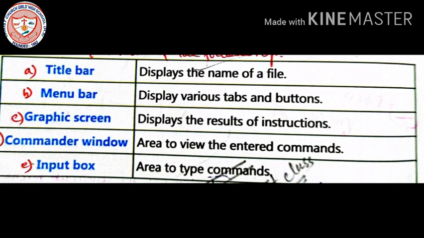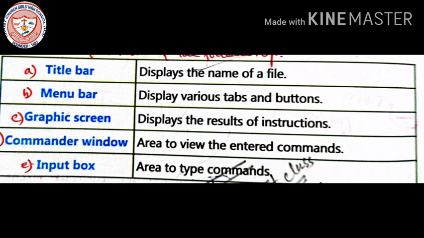Now see, the functions of the following are given. What is the function of the title bar, menu bar, graphic screen, commander window, and input box? We are going to learn about it. The title bar displays the name of a file.